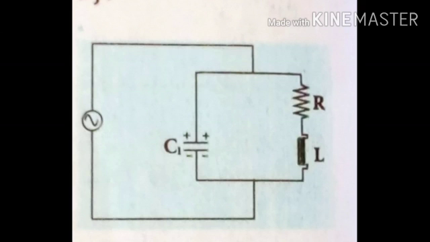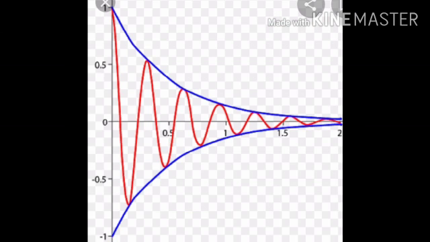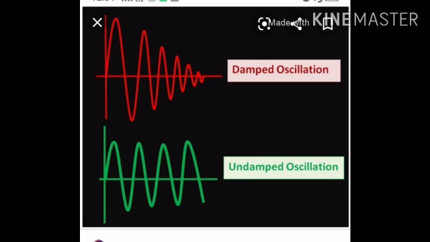But practically, the oscillations will have some energy loss across the resistor, capacitor and inductor. Now we are supplying a small amount of energy to overcome the energy loss during the process of charging and discharging of the capacitor. Due to this, the amplitude of the oscillation decreases. From the tank circuit, now we are getting the damped oscillation. But now we need undamped oscillation. For that, we are providing the positive feedback from the feedback network.